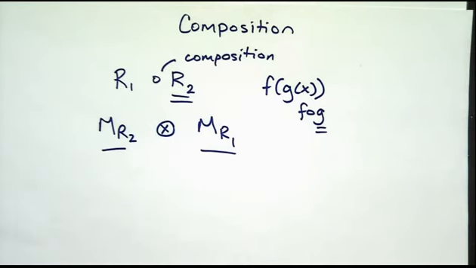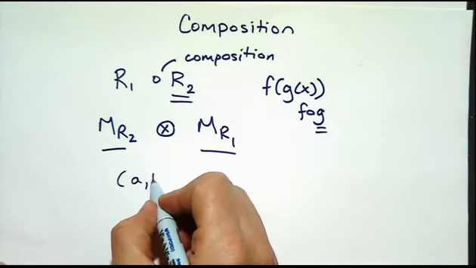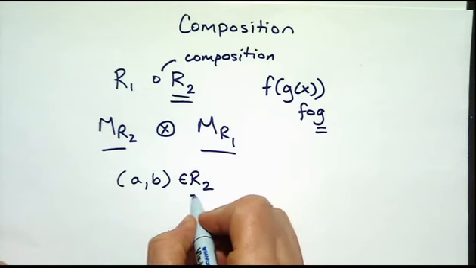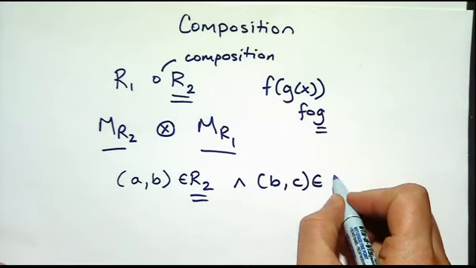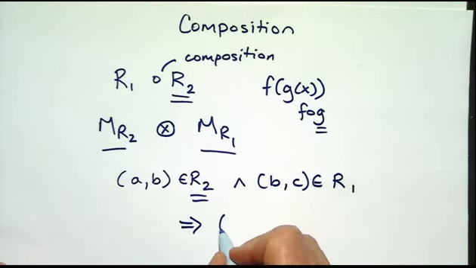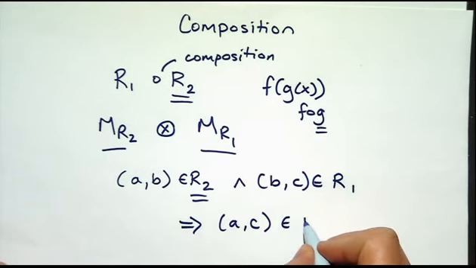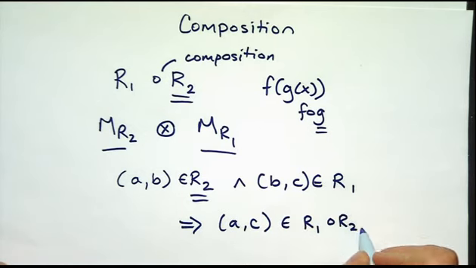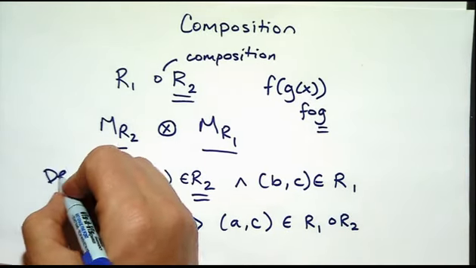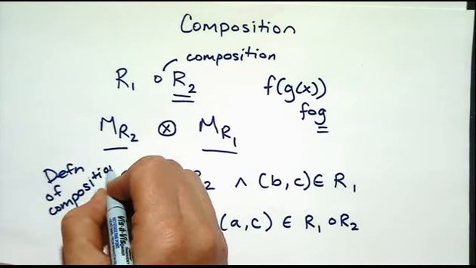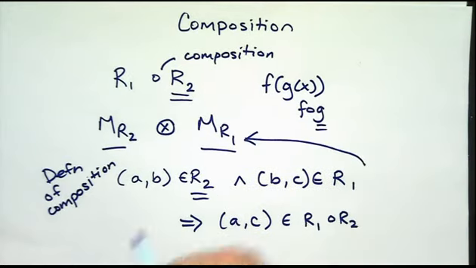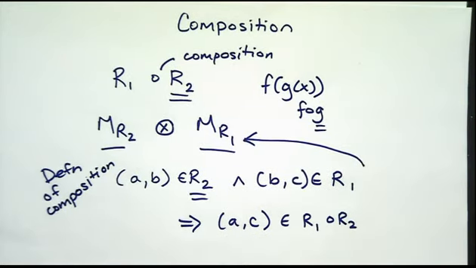So remember that what we did is a composition says if I have AB in R2, so that was my mistake from last time, I would have said R1, and we have BC in R1, then we have AC in R1 composed with R2. So this is basically the definition of composition. It's one way of writing that definition, but that corresponds to the result of multiplying two matrices together, but